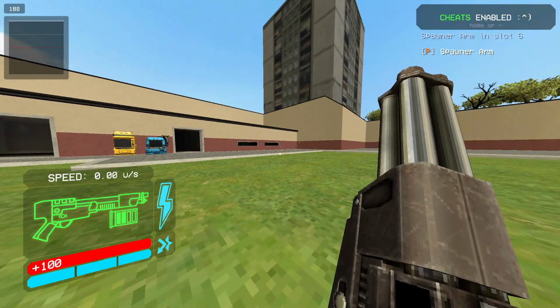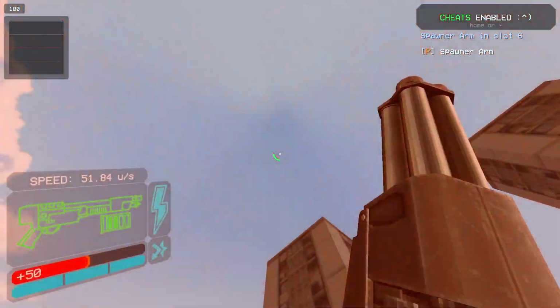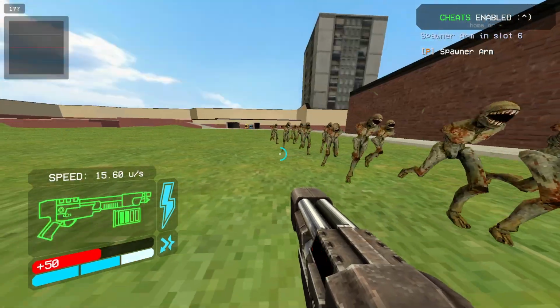Now if you don't know what the pump charge shotgun is, it's this thing. You can pump it to load it with extra pellets so it does extra damage, but if you pump it one too many times, that happens. But lucky for us, you can dash to avoid the 50 self damage and use it as a weapon against